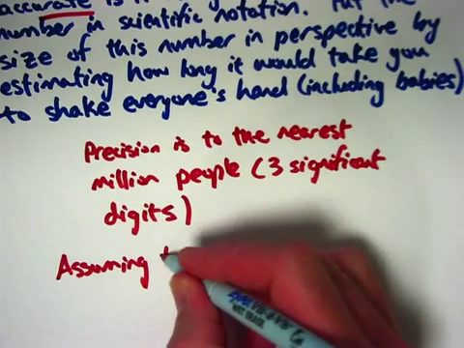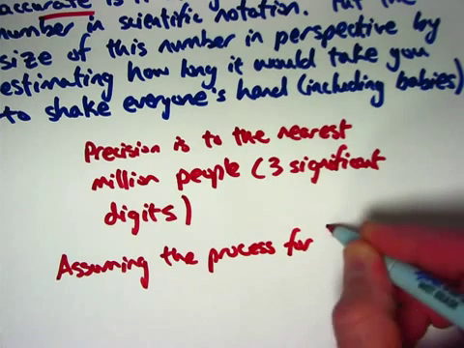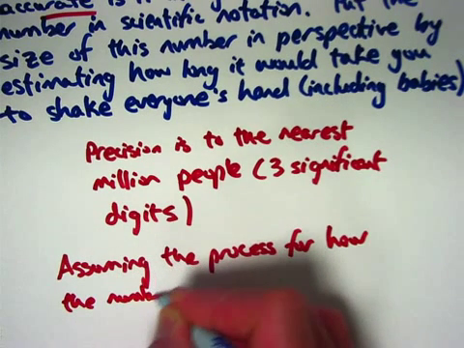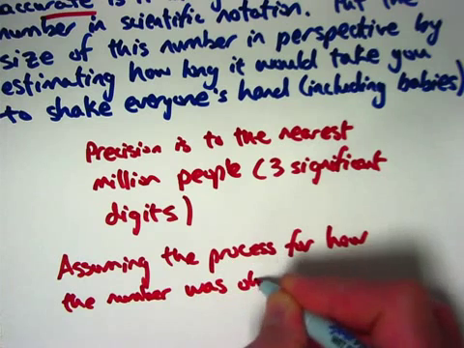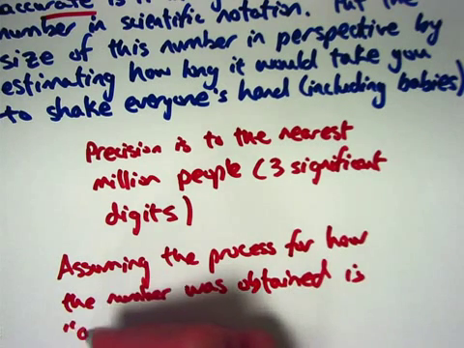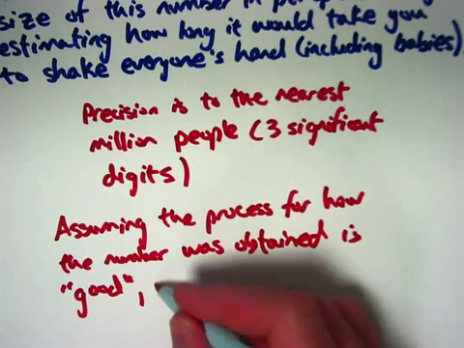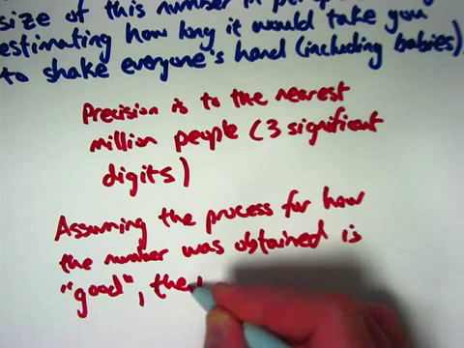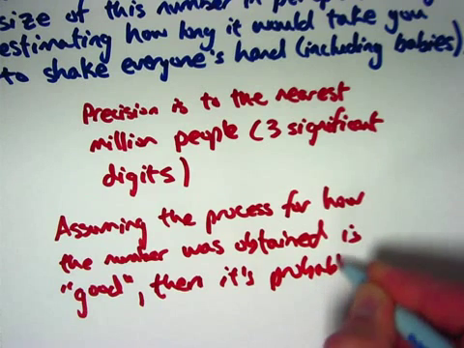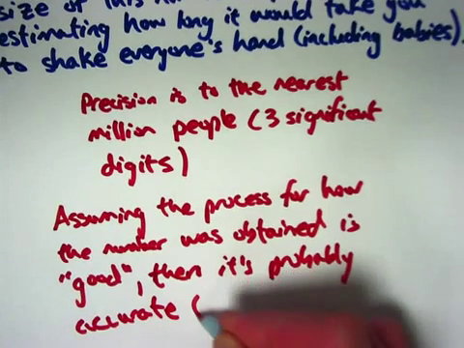So I'll just say, assuming the process for how the number was obtained is a good process, then it's probably accurate to within,